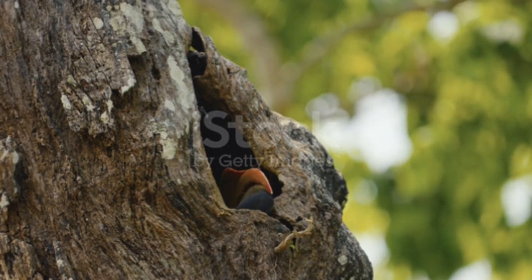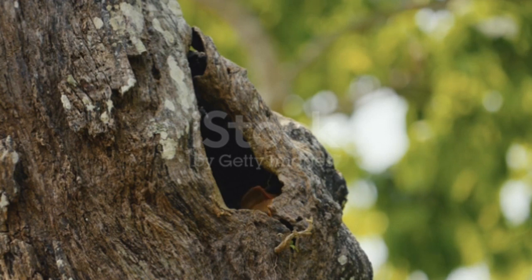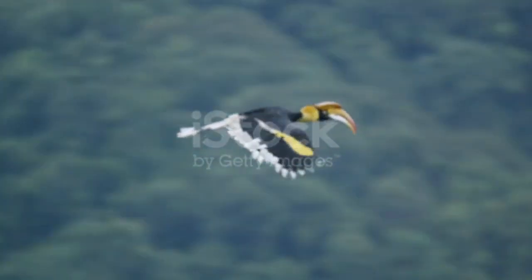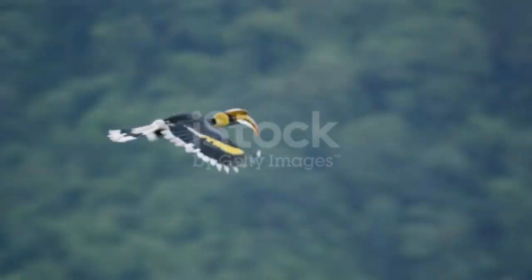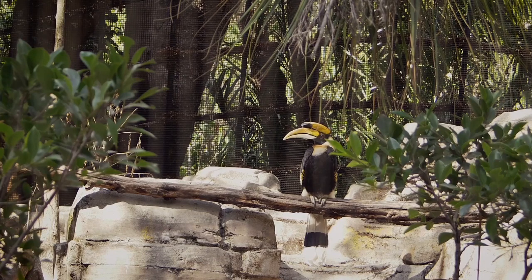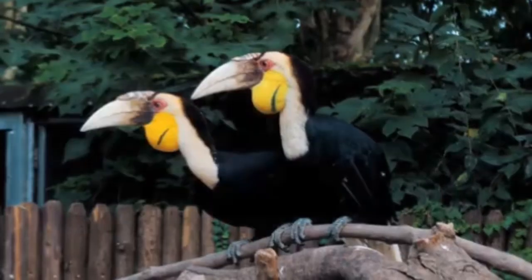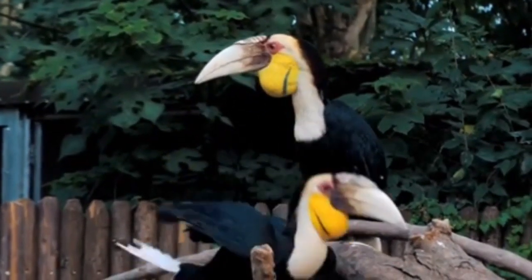The St. Louis Zoo, San Francisco Zoo, and the Denver Zoo are home to the aptly named Great Hornbill of Southeast Asia. The Indianapolis Zoo contains both an eastern yellow-billed hornbill and a southern ground hornbill, while Zoo Atlanta also has a southern ground hornbill. The Nashville Zoo, Minnesota Zoo, and Zoo New England are all participants of the rhinoceros hornbill species survival plan, which is committed to the survival and rehabilitation of the species. Finally, the Smithsonian's National Zoo has an Abyssinian ground hornbill, and Zoo Tampa has various hornbill species,